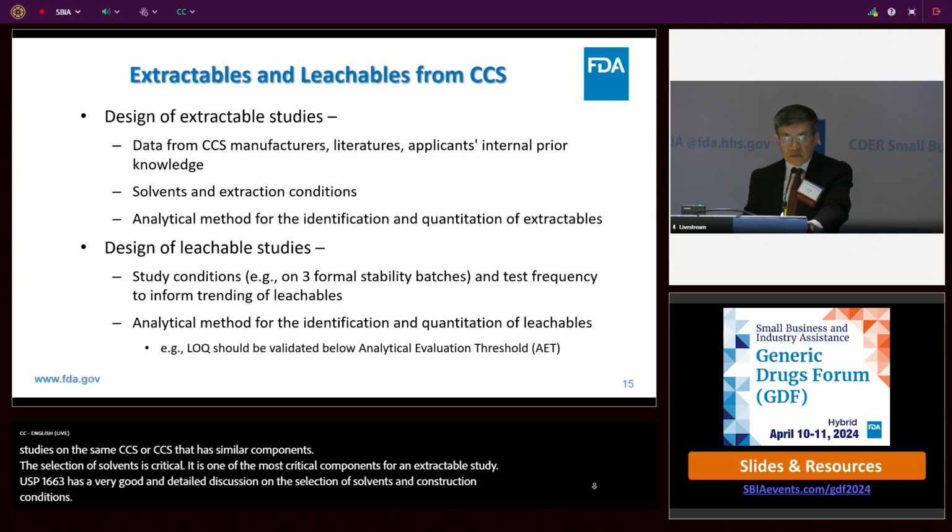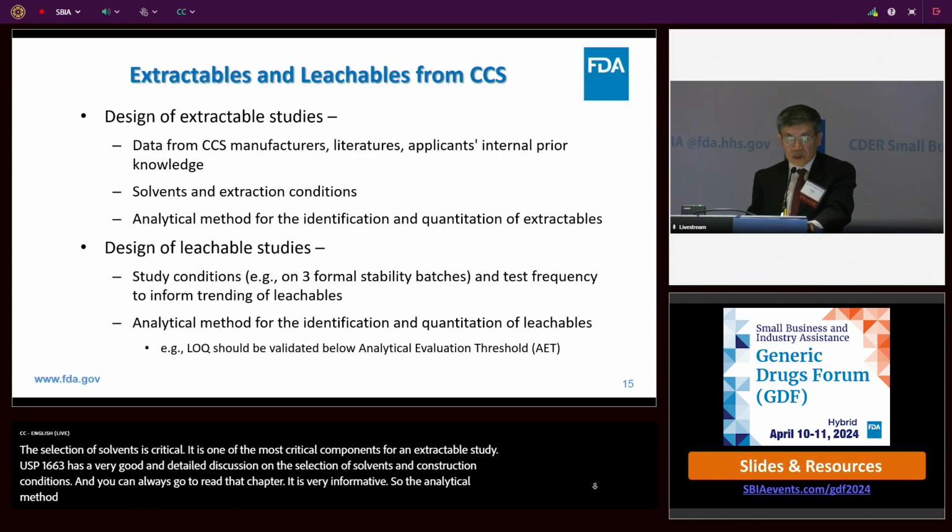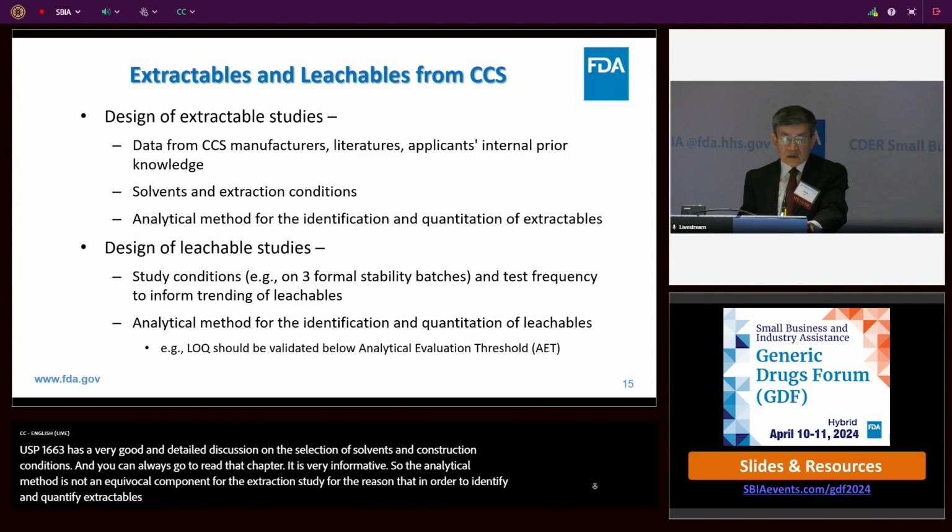Just like the selection of solvents and extraction conditions, analytical method is another critical component of the extraction study, for the reason that you need a method to identify and quantify the extractables. When the method is properly developed and qualified, the very same method could be used later on for leachable studies, which is the next